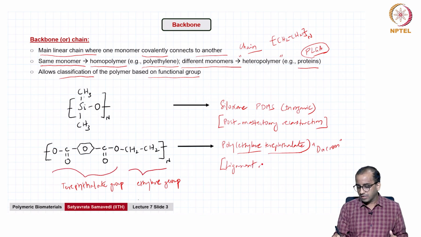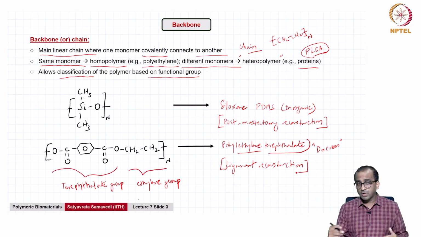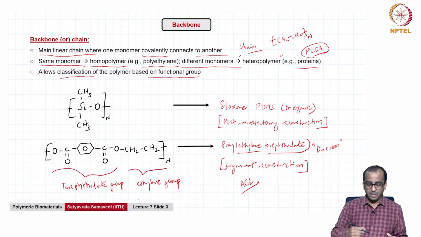ligament reconstruction. So if you have heard of sports injuries, one ligament that is often injured is called the anterior cruciate ligament, ACL, and PET is often used for reconstruction of injured ligaments. So that in some sense should give you an idea of how we can think of backbone,